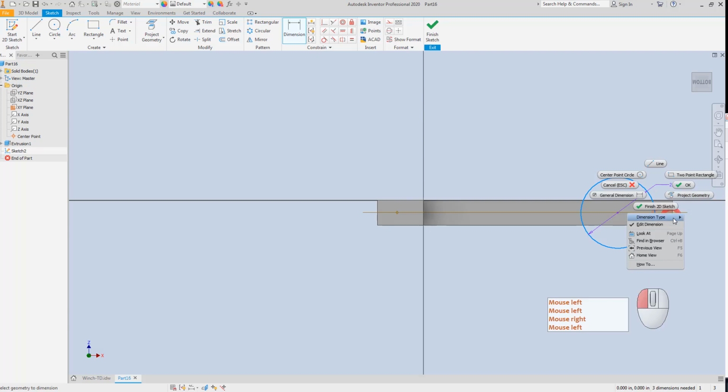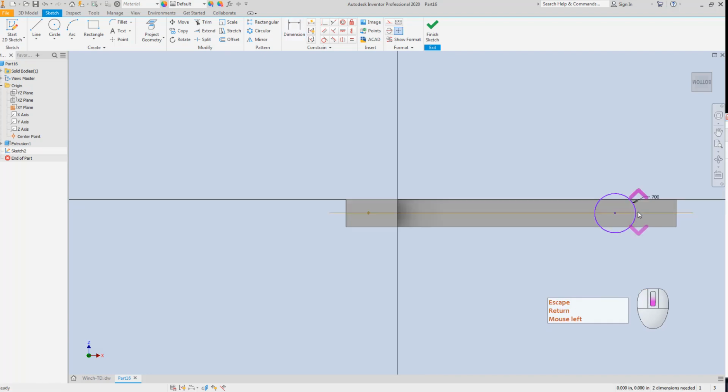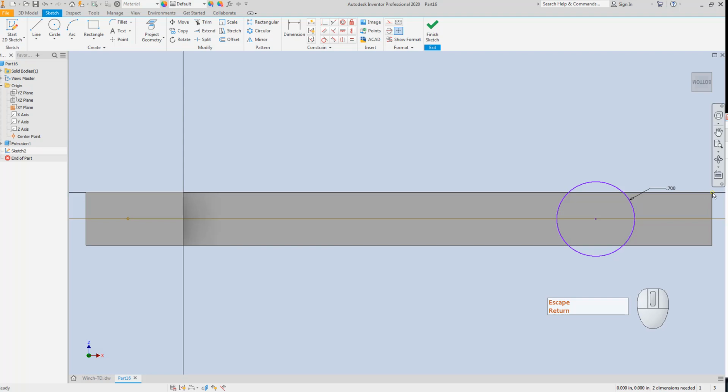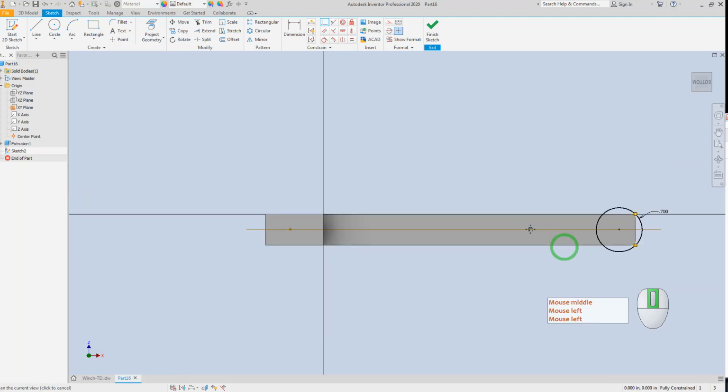This time we have a radius dimension type, and it is 0.7, and this curvature just passes at the end of these 2 points. We will just make coincident these points on this point, also on this point. Yes,